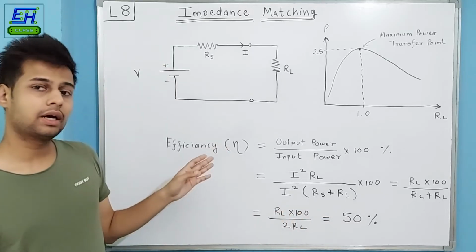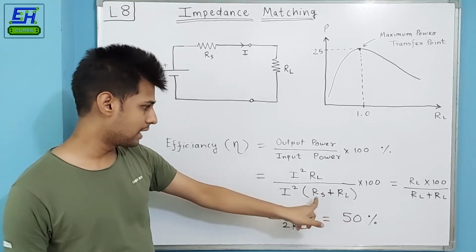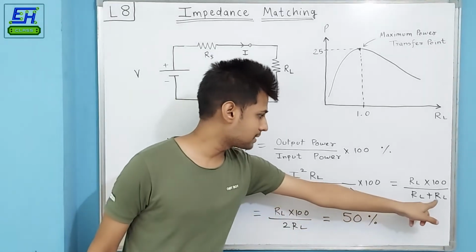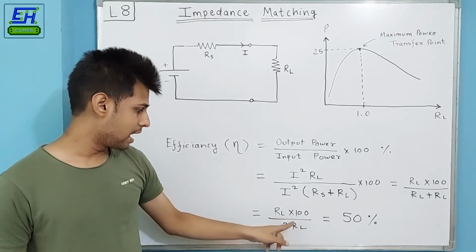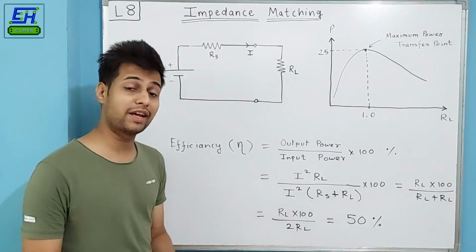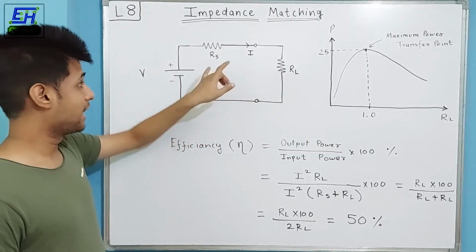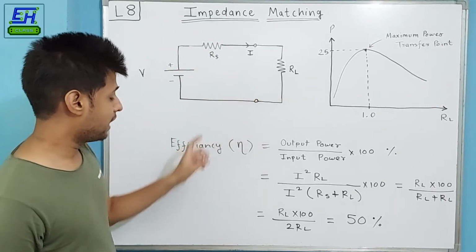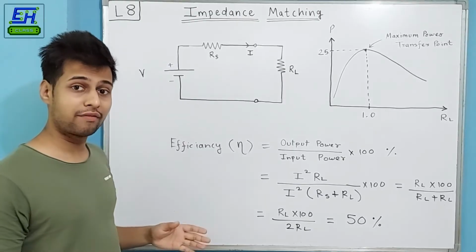Now according to the condition of the maximum power transfer theorem, we have to make our load resistance RL equal to RS. Or you can say that we can replace RS with RL, either way. So RL plus RL, and here we'll get twice RL, and we'll cancel the RL, and 100 by 2 will effectively be 50%. And this efficiency of 50% is very much self-explanatory and logical, because if you are keeping the value of load resistance RL equal to RS, then definitely they both will consume half of the power, and that's why the power delivered to the load, and its efficiency, will be half of the complete power which is drawn.